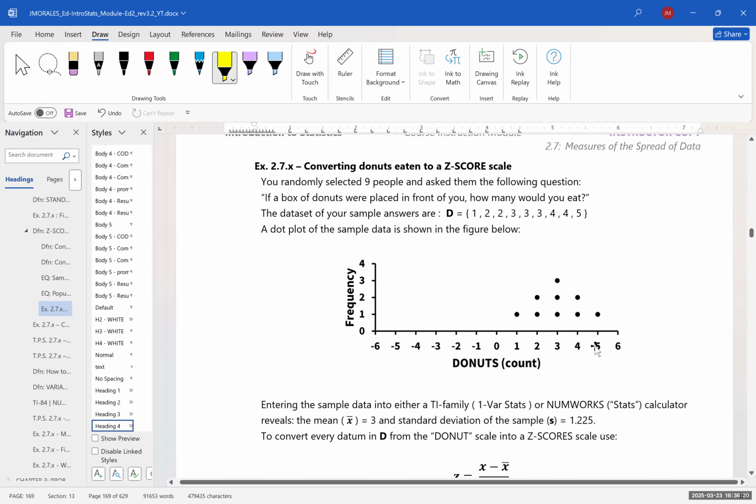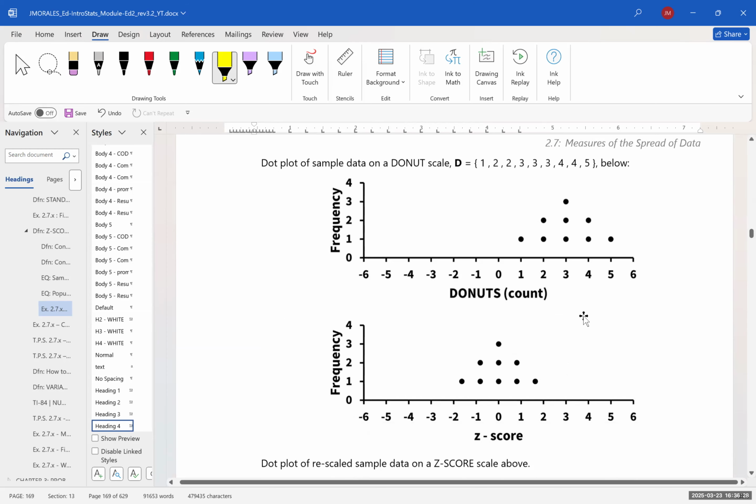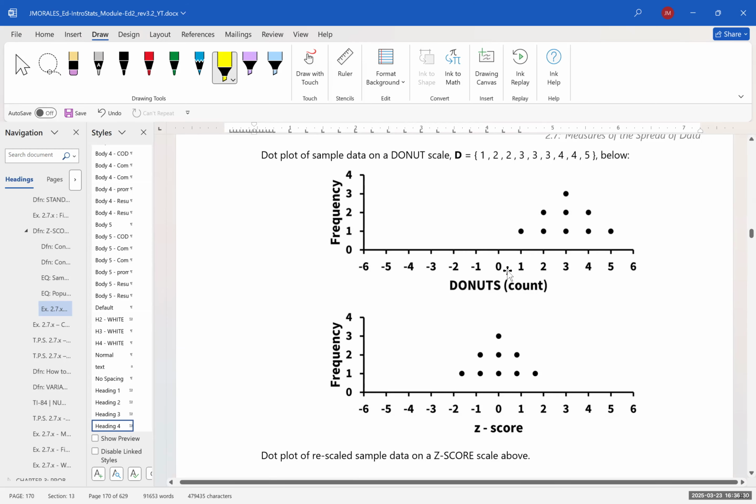This was being presented with a box of donuts and how many donuts people ate out of the box. If you remember from this example, when we took our data, which was in a donuts scale, eating one donut, or two donuts, or three, four, or five donuts, and we converted each of these data points, each of these datums, into a z-score,